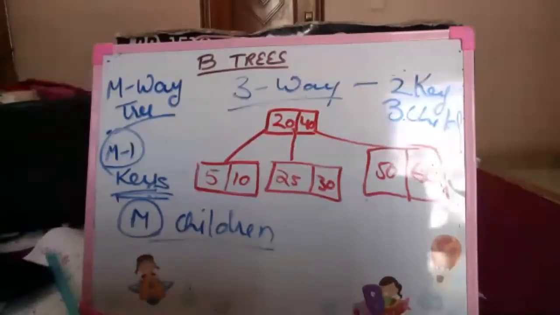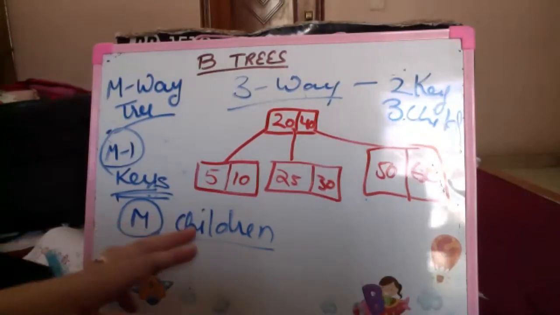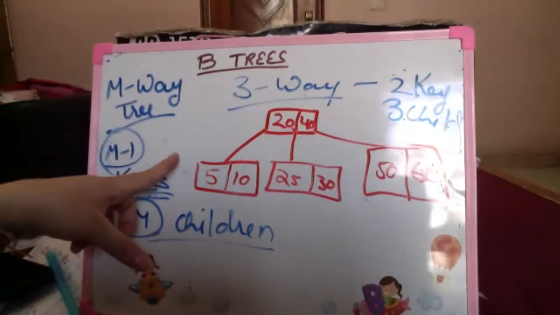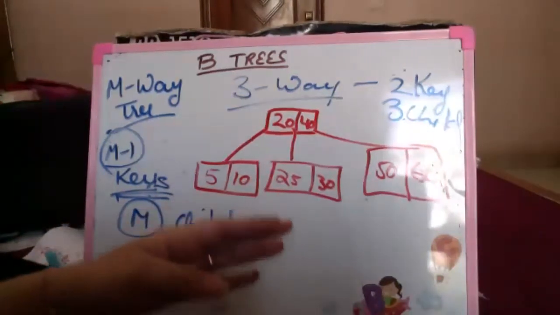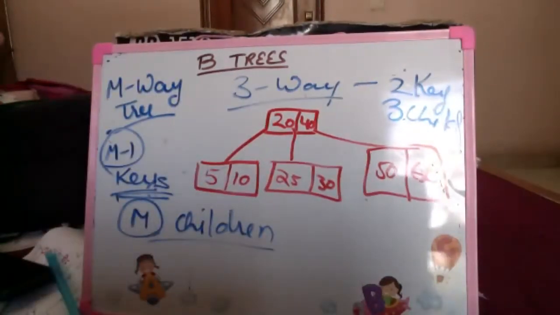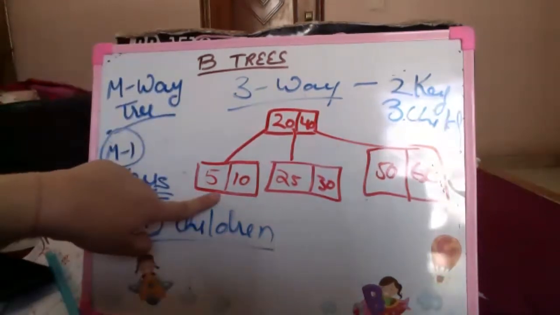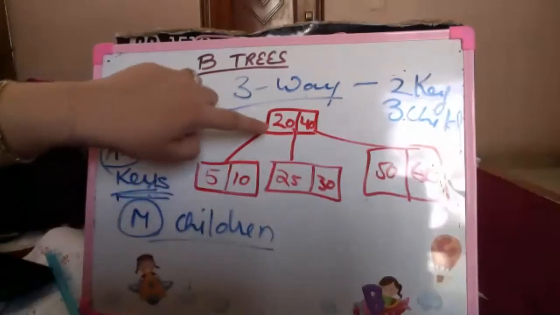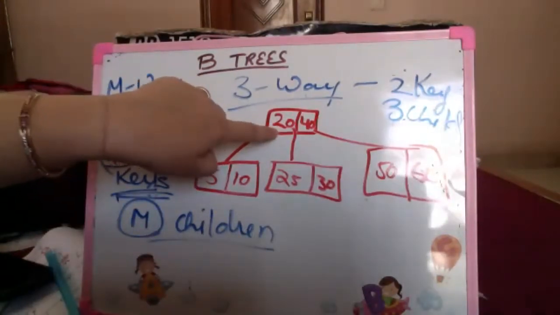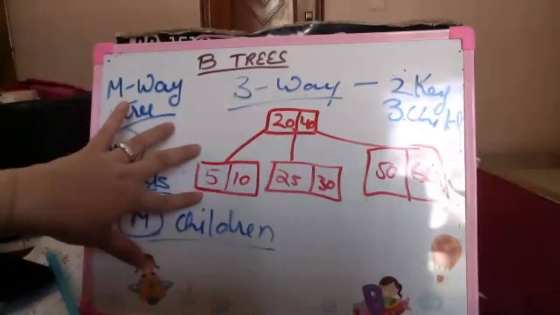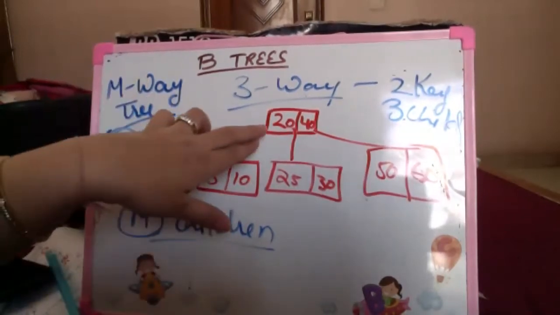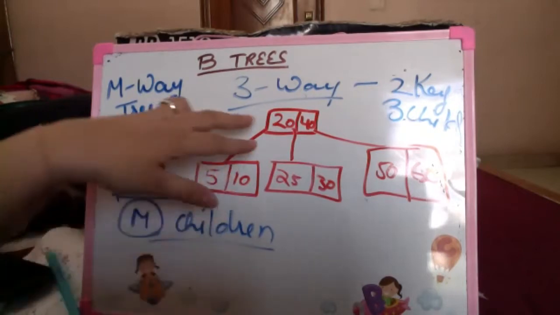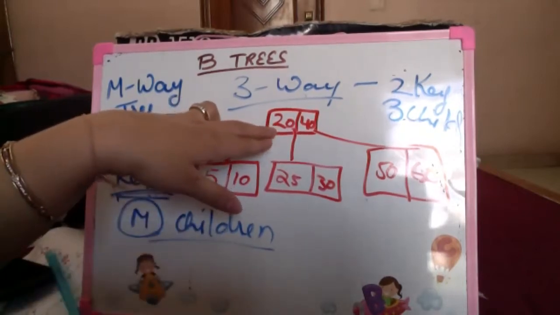Now, a thing that is to be noted regarding M-way trees is that an M-way tree is also like a binary search tree. Can you just see that now, since the number of keys is increasing, the left child is having all the keys which are less than the left key. The leftmost child is having keys whose values are all less than the leftmost key in the parent.